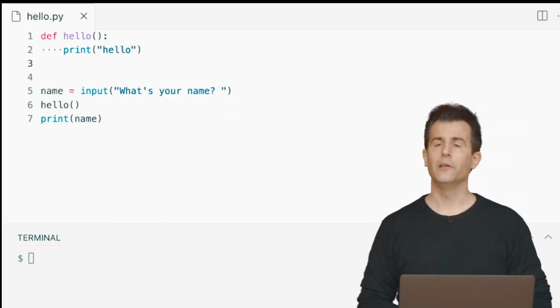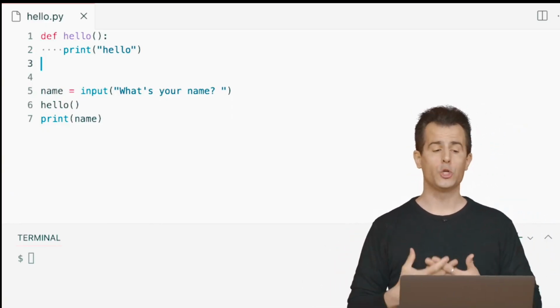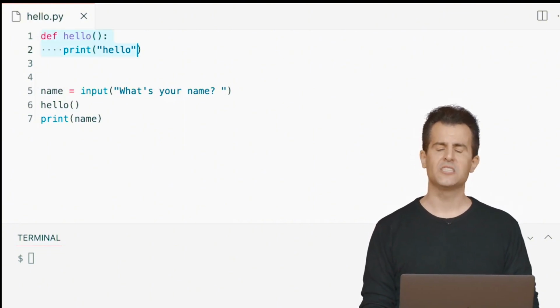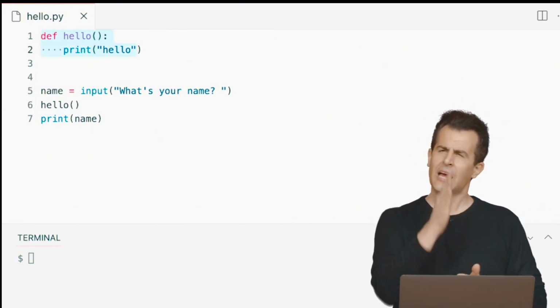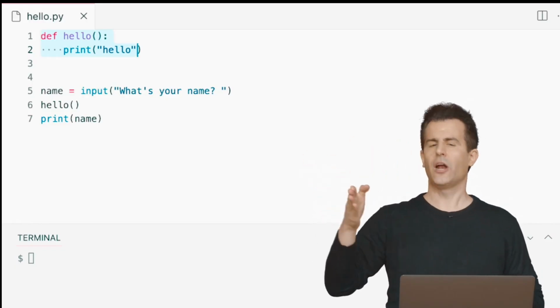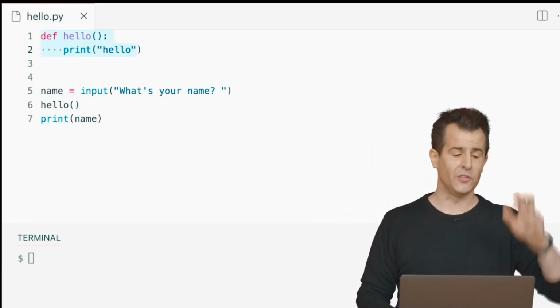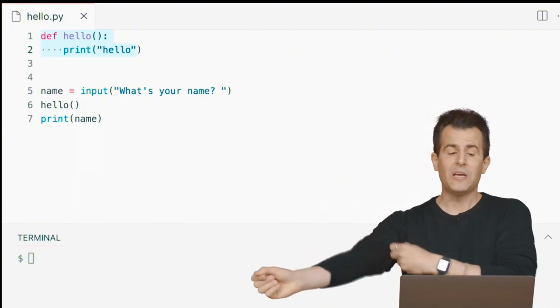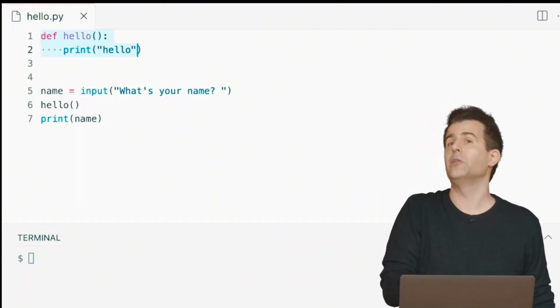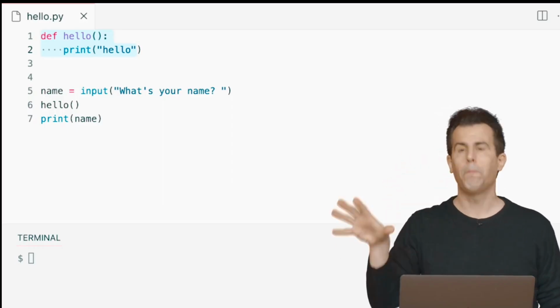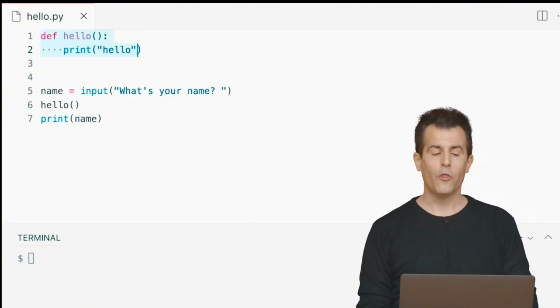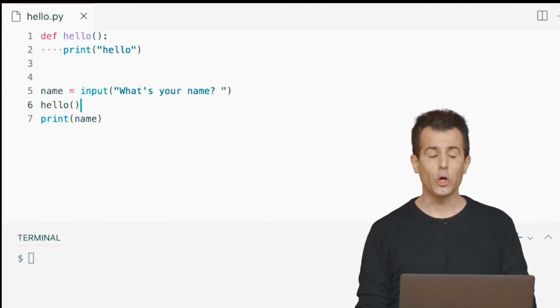But now, on lines 1 and 2, I have invented my own function, hello. Notice these dots that have now magically appeared here. This is just a setting of my text editor, VS Code in this case, that's making super explicit to me that I've hit the spacebar 4 times, or equivalently the tab key once, which is converted automatically to 4 spaces. Generally speaking, I'm going to need to make sure that all of my indented code lines up so that Python knows that it's all part of the same thing. But it's easy in this case because it's just a single line. But now, thanks to lines 1 and 2, the function hello will absolutely exist